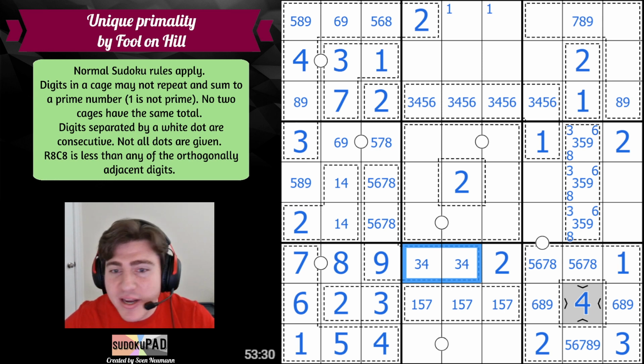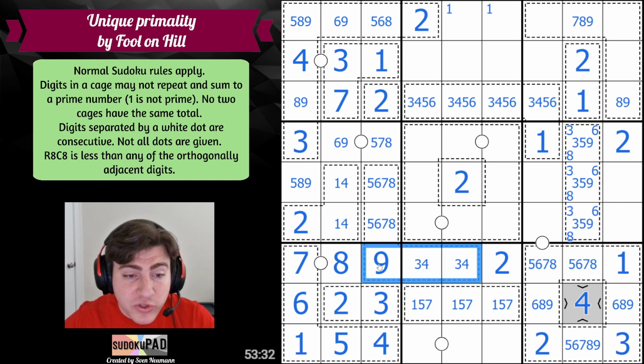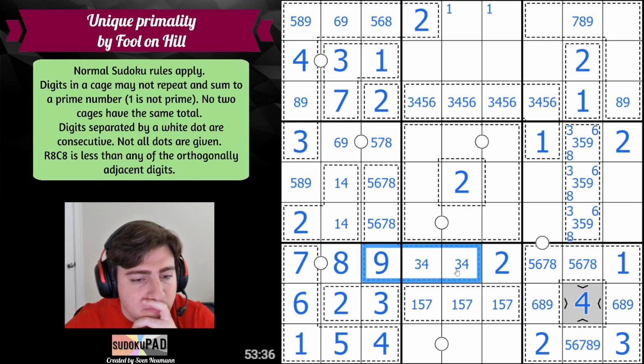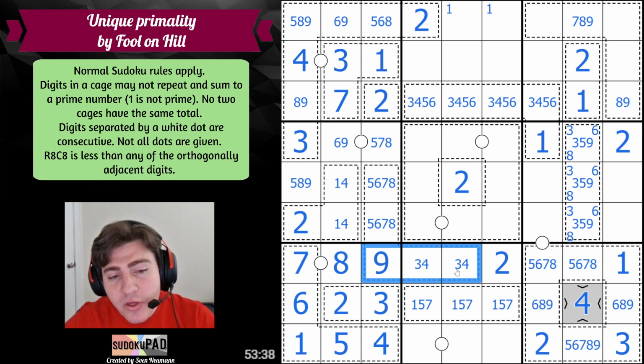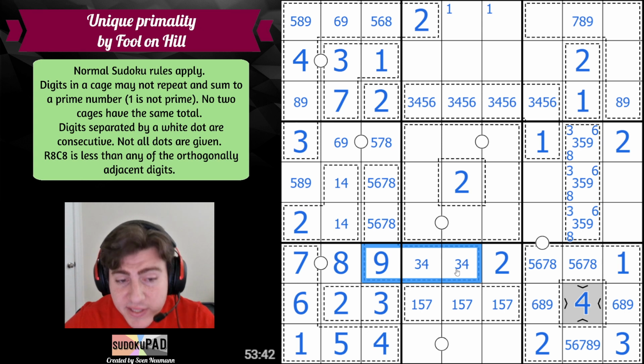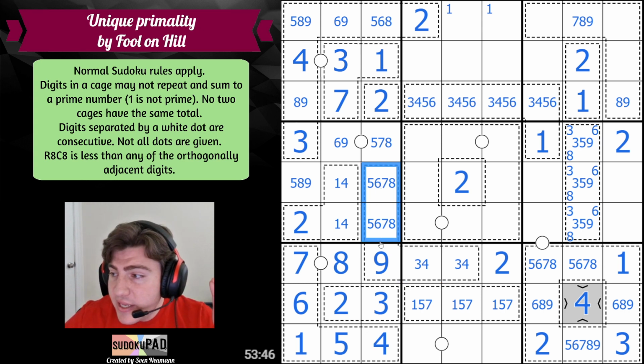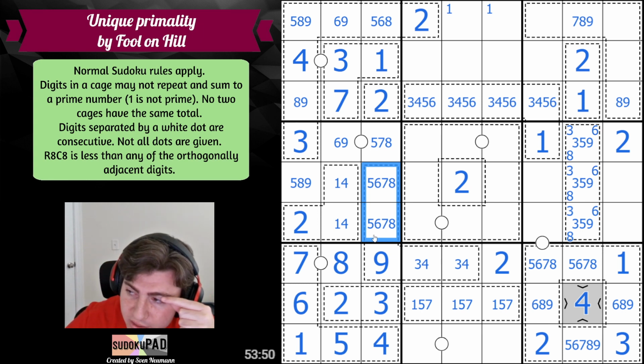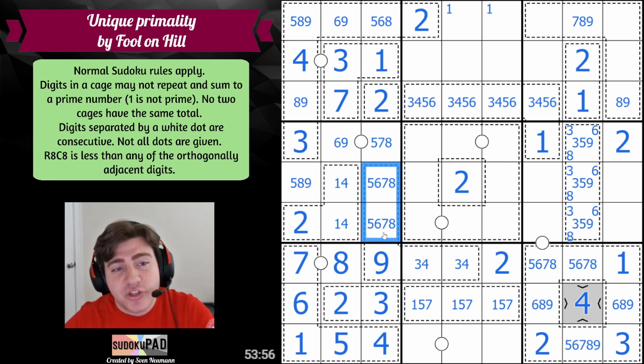So we just have 29 and 31 left to do, and I'm assuming this is going to be some sort of restrictive number here because 3, 4, 9 is 16. 16, maybe not. Maybe not. We can still make 29 pretty easily because we only need 13, and 6, 7 and 5, 8 actually both yield us